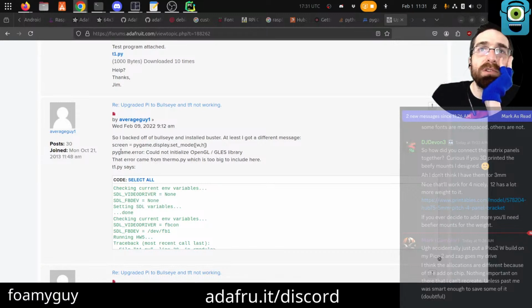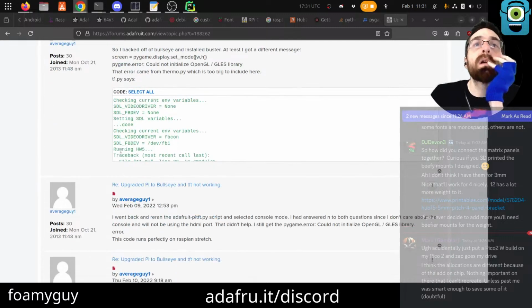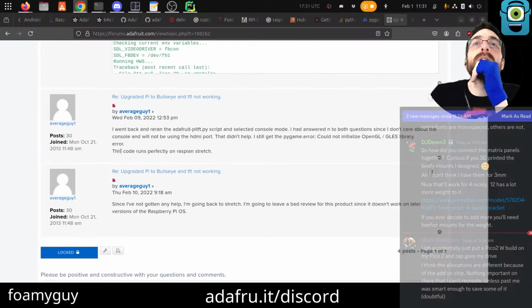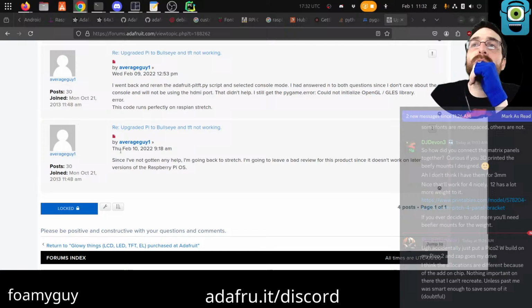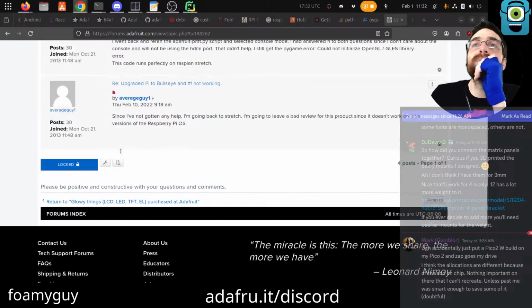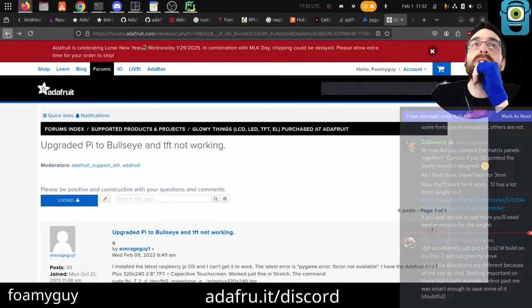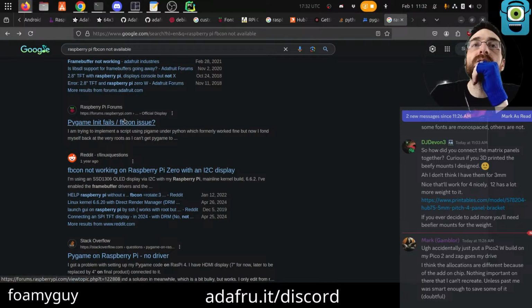Mode Pygame, gonna open TFT script and select console mode. Pretty old though. TFT.